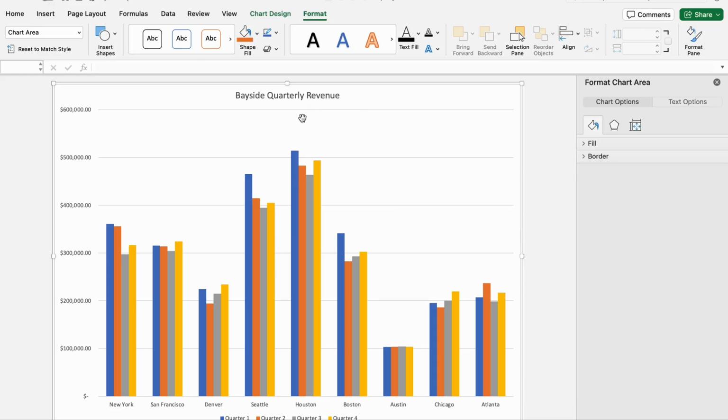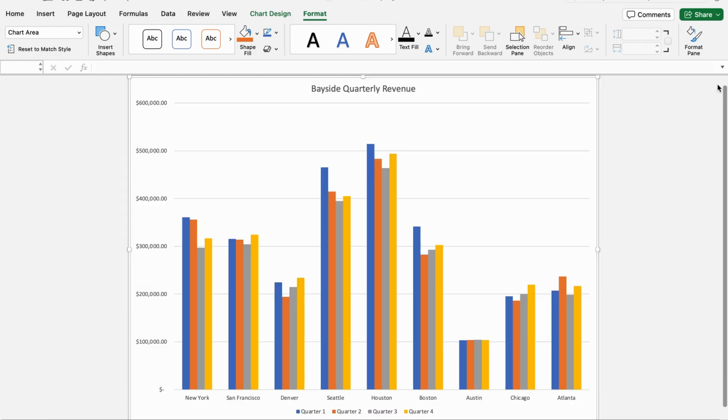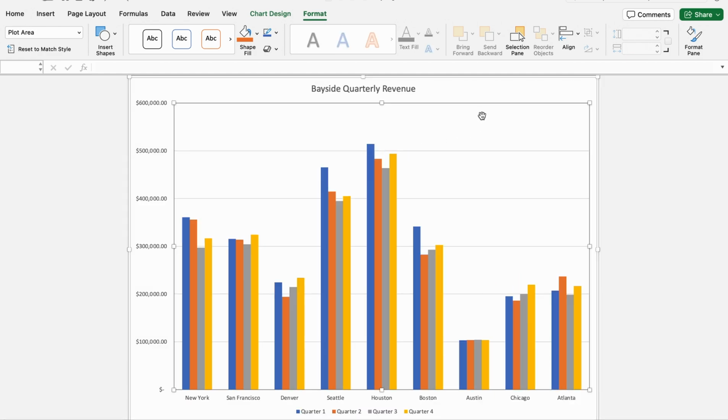Alright guys, so for this assignment, the objectives are to change the grid lines of the display, add axis titles, add a data table. So basically for this, we can pretty much do anything with this chart by just clicking on it. You can click on it anywhere and then work with it. You'll see these pop up, like the chart design and the format. So the first step here is we're gonna